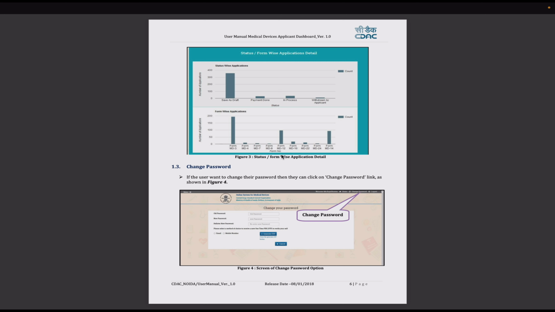Then how to change the password? So once you get access to the dashboard, you will be able to see there is an option called change password on the right hand side of the screen, at the top corner. To change it, you need to put in your old password, enter the new password, and re-enter it. Then it asks